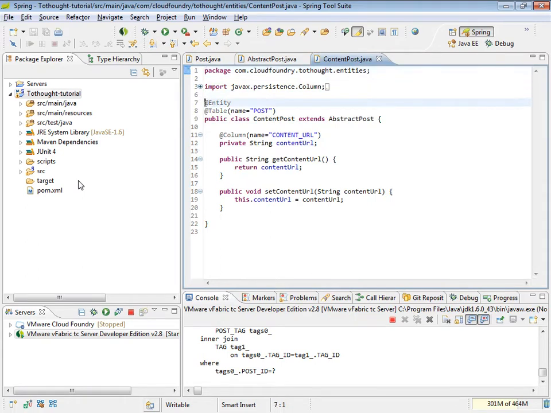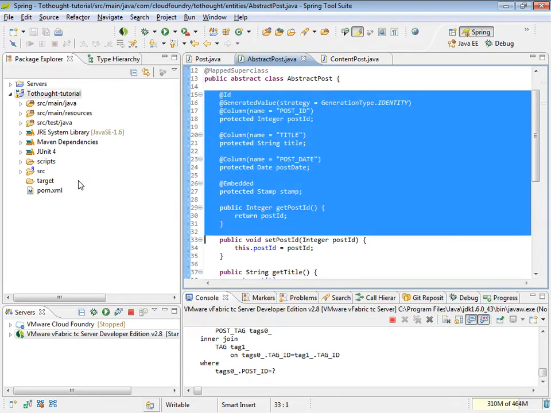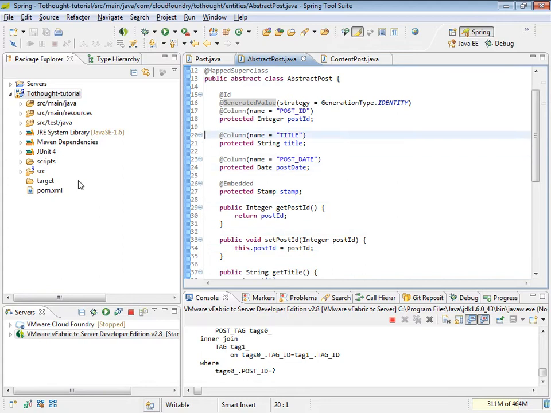Now this is something that basically links to another resource on the web. So it just has this content URL, but we see that it also extends abstract post, so the entity will include the fields on the abstract class because it is defining that inheritance relationship. And then up here we see that we have the @MappedSuperclass annotation, which is what allows us to do this. So when we have fields that we want to share across entities, we can use the mapped superclass annotation